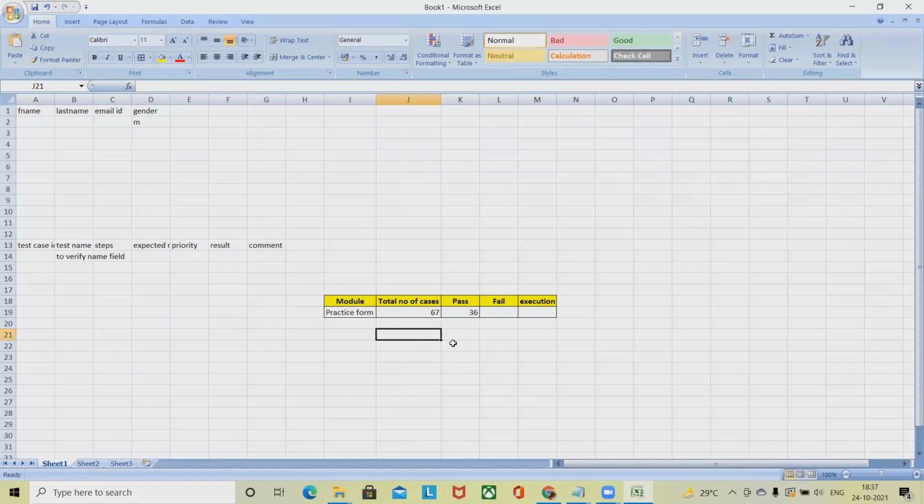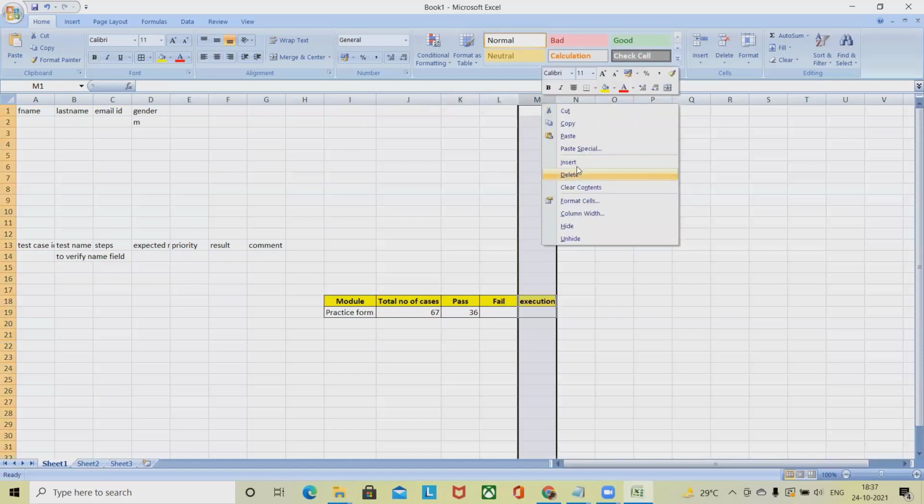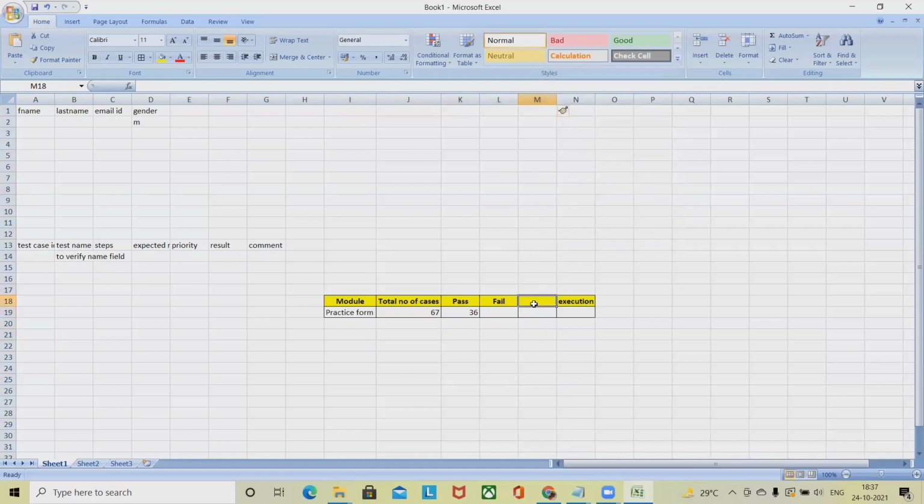When we are calculating the percentage, you can also add percent failure. So let's calculate first how many failed: select this one minus this. Now you can see 31 cases are failed.